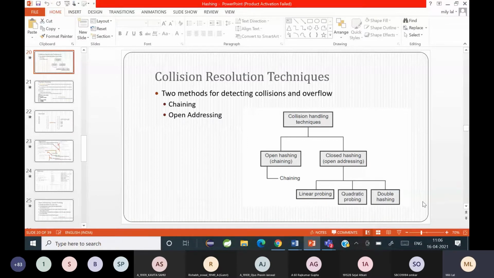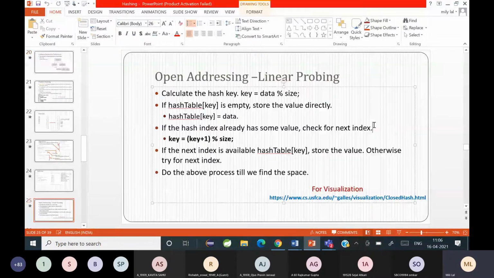First, you calculate the hash key. So key is the data modulo the size of the table. And if that table position is empty, then you store the data directly into the table. If not, you increment the key and again find the hash key. Based on the key size and the incremented key, you find the new key.